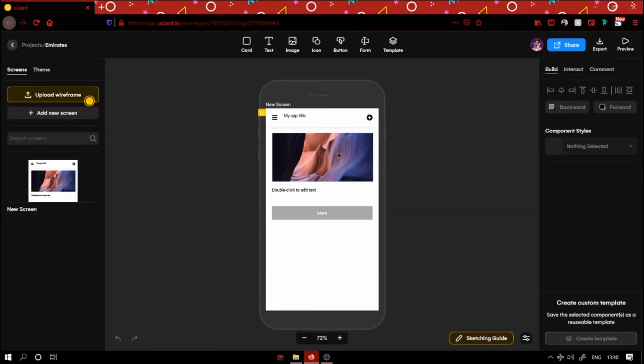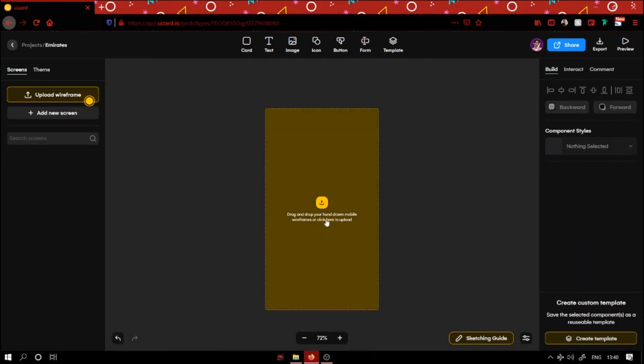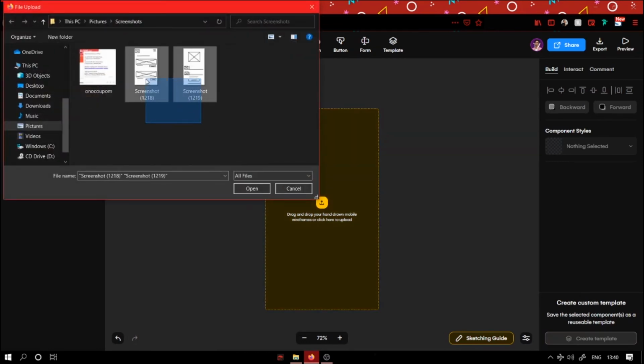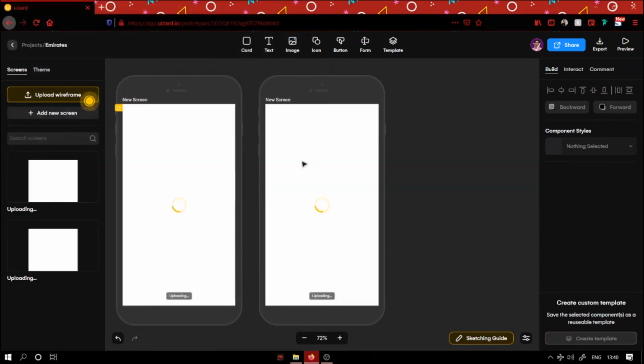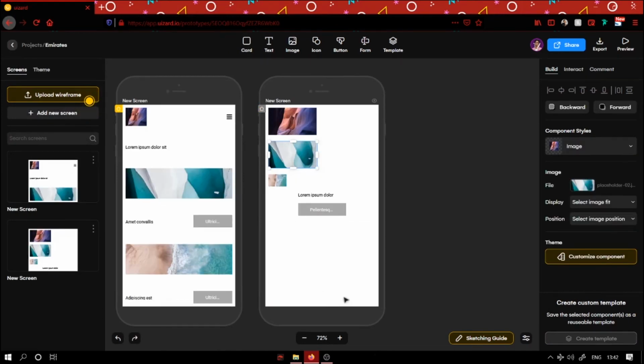Let Uizard do its job in the background. And this is what it comes up with. This is just a placeholder, so you can just click on it and delete it, because we're going to start from scratch. And I'm going to click on this upload button and upload both the wireframes that I made in the previous video and wait for the AI to do its job. Alright, so the AI has done its processing, and now I'm going to show you how you can actually